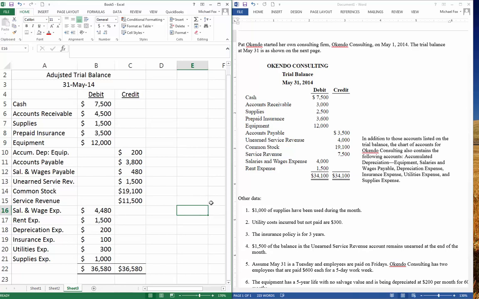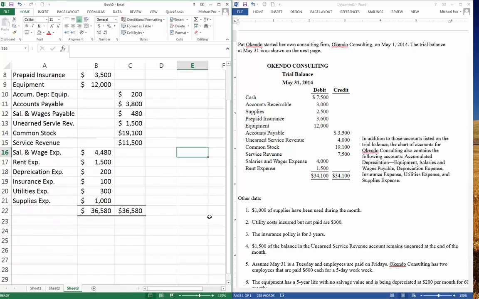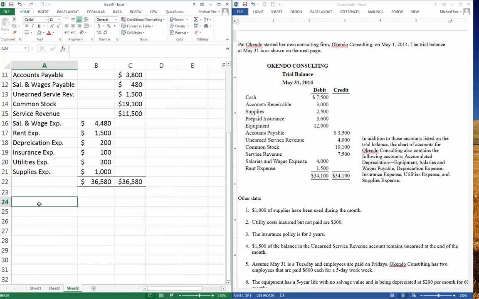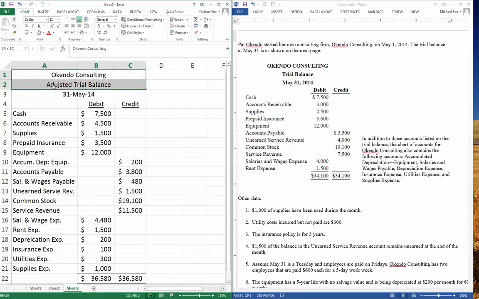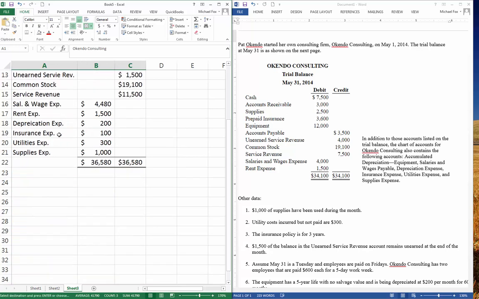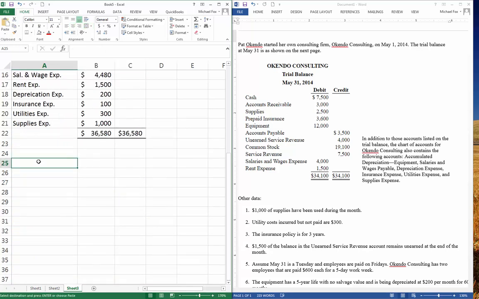So that's it for the whole problem. I will show you just very quickly, often they will ask you to make an income statement and a statement of retained earnings and a balance sheet also once you've gotten to this point. And so I'm going to do that for you very quickly. So if I was going to make an income statement here, all I would do